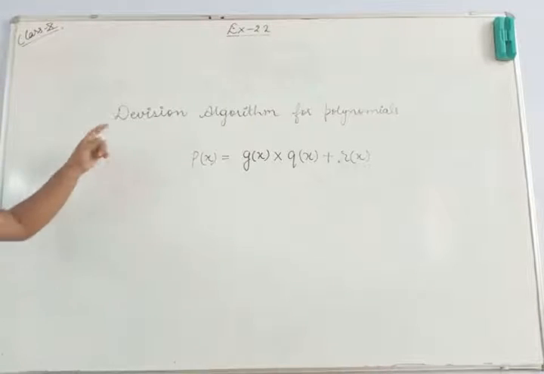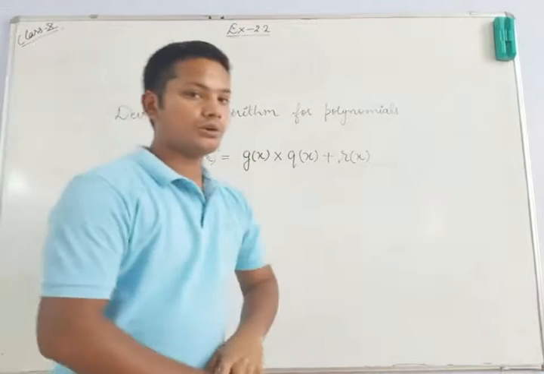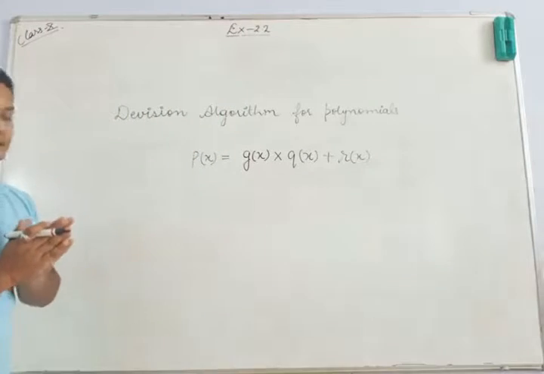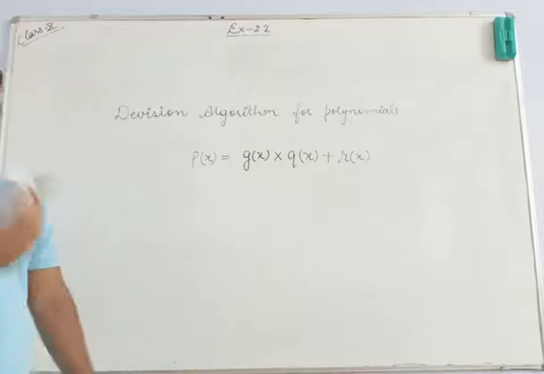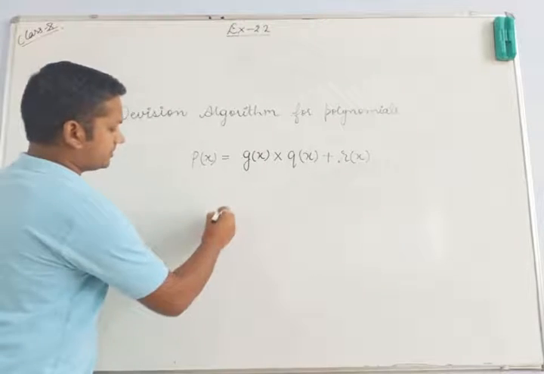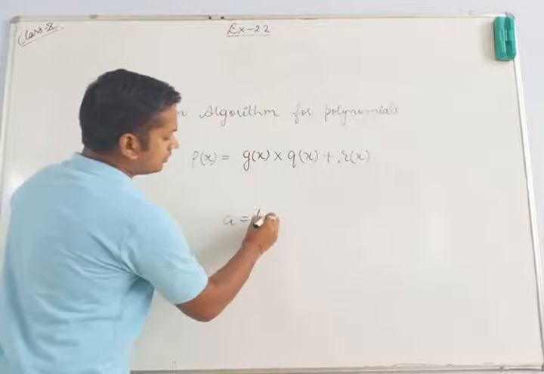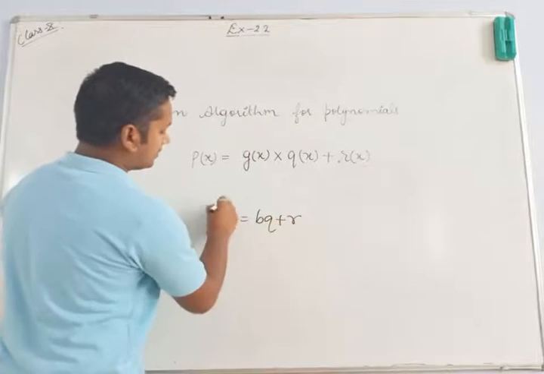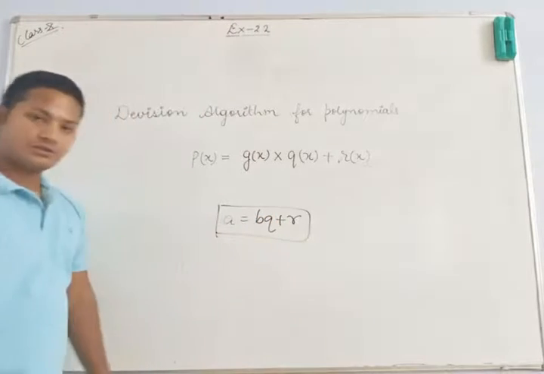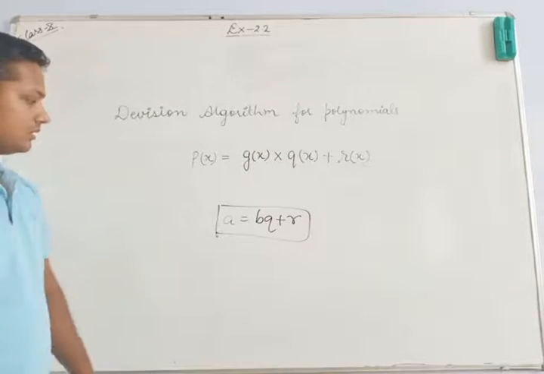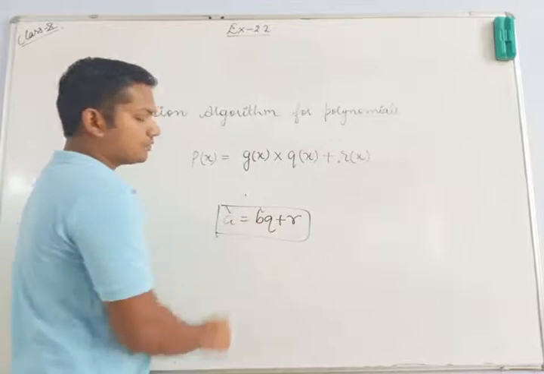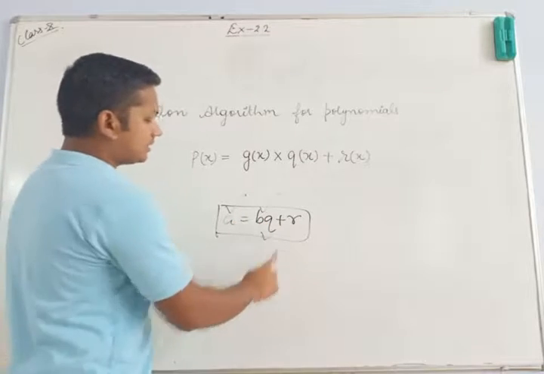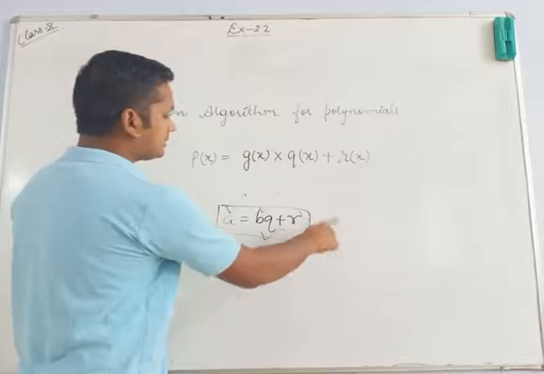Now next topic, division algorithm for polynomial. Okay, so as you have studied the Euclid's division lemma, Euclid division lemma हमने फर्स्ट चैप्टर में पढ़ा था. तो उसमें क्या था? a is equal to bq plus r. Okay, this was the Euclid's division lemma, and in it a was what? a क्या था? Dividend था, and b was what? It was divisor. q क्या था? q was quotient and r is remainder.